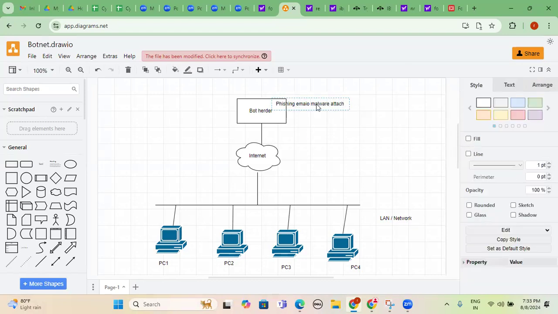That attachment is being sent not to a single person, but to multiple persons as per the diagram: personal computer 1, personal computer 2, personal computer 3, and personal computer 4. All these four endpoints belong to an HR person, a DevOps guy, a testing tools guy, and an application development guy. Now this phishing malware attachment is injecting some malicious software program code, for example a performance appraisal, or maybe a hike letter, or maybe a salary slip released.